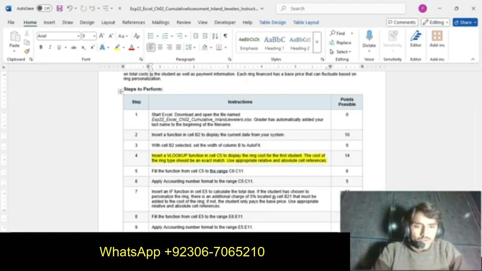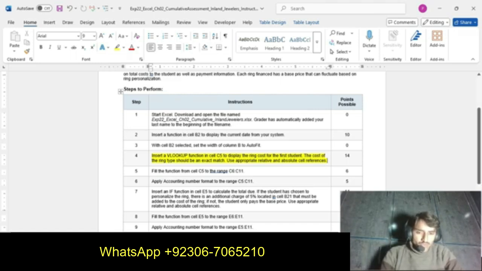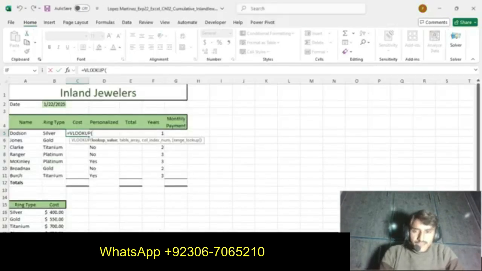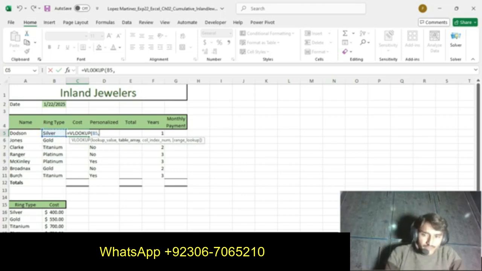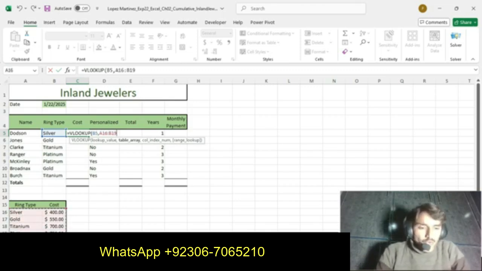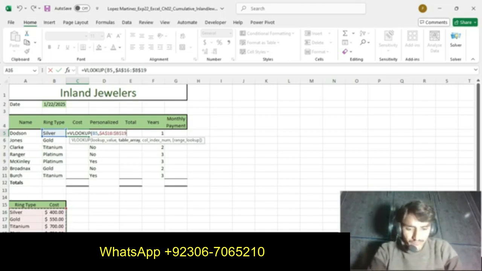Display the ring cost for the first student. The cost of the ring type should be an exact match. Use appropriate relative and absolute cell references. So we get the cost of the first ring type. We press B5 for the lookup value. Then the table array, which is here, so we select it. For absolute cell references we press F4.